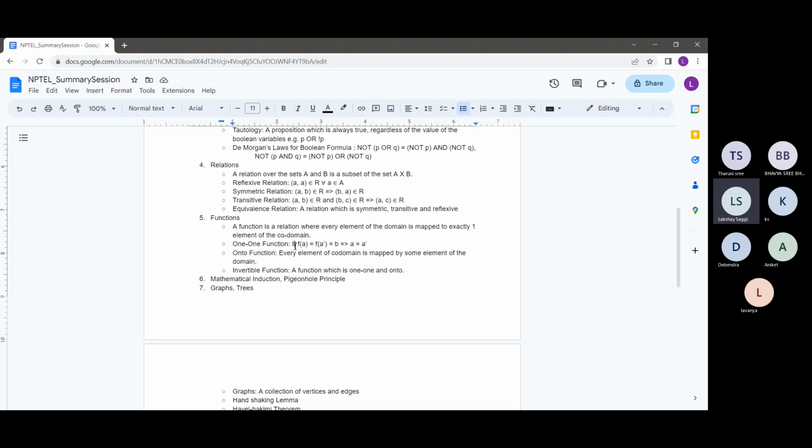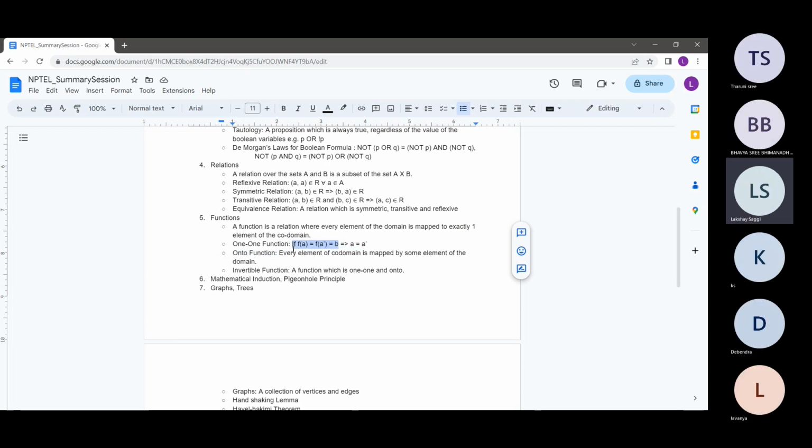So suppose let's say the function is f. So the one-one function is defined as: if f(a) equals f(a'), then a equals a'. So let's say there are elements a and a' such that both of their values are equal. If the function when evaluated at a is equal to the function when evaluated at a', it should mean that a equals a'. So what this intuitively means is that